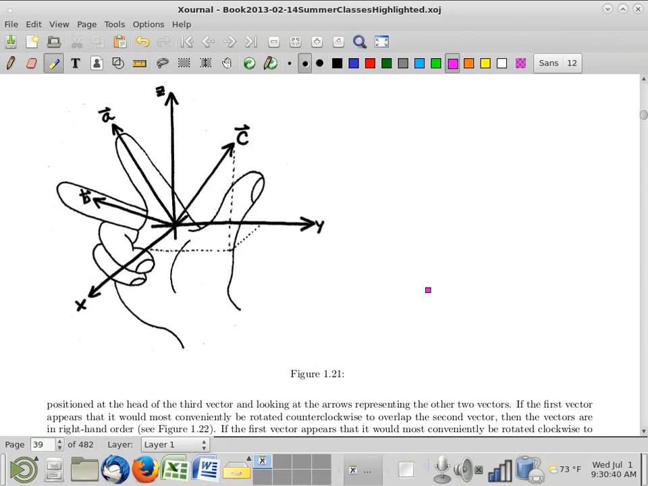Right, so here's where we were last time. We talked about several things in this section on cross products and determinants. We talked about right-hand order. Right, this picture we have here is an indicator, sort of a visual aid as to how you decide on